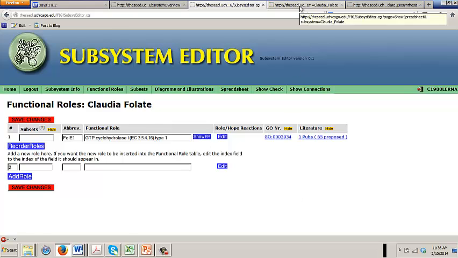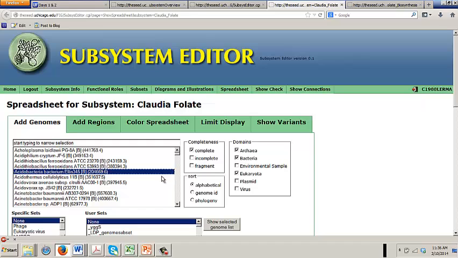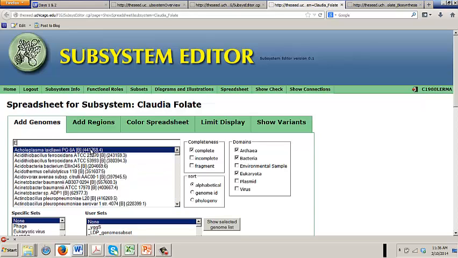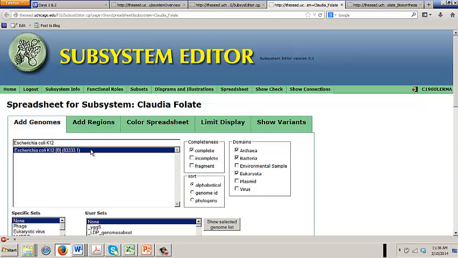So we're going to put one genome in there, and the genome we're going to put in would be E. coli. So go at the top here, we're in the tab that says Add Genomes, and all the genomes that are available in this seed are there alphabetically arranged in this pull-down window. You can scroll down, find E. coli K12 NG1655,